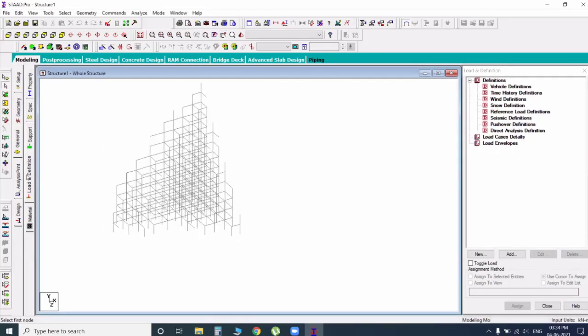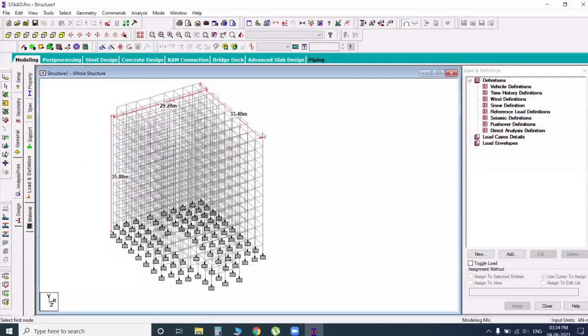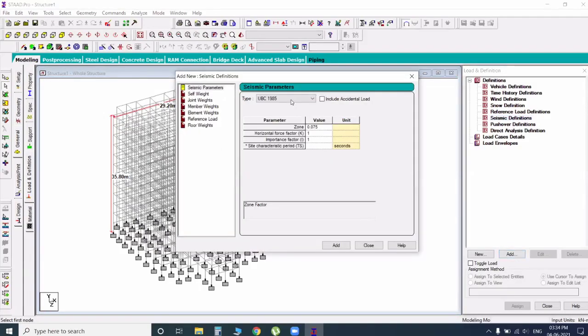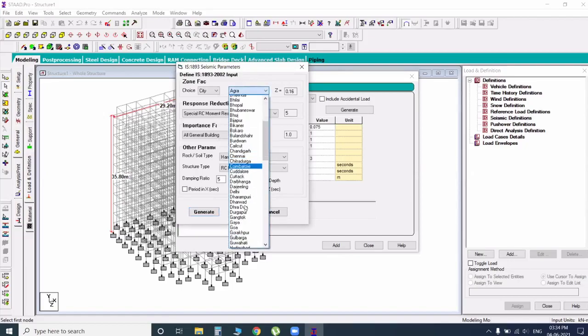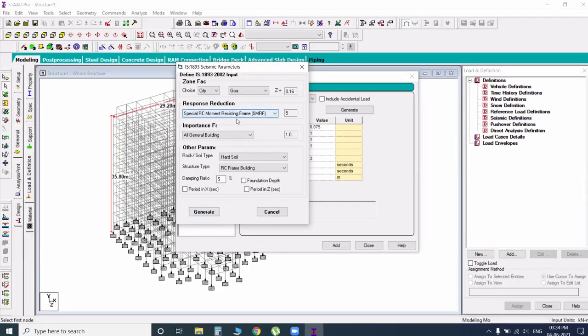Once again, after completing the 3 steps, go to load and definition, on the left side, right side definitions, seismic definition, click on add. Here, select the code book, click on generate and enter your values. I selected Goa and SMRF, importance of building value 1.5, soil property I go with medium, and structural type is RC structure.